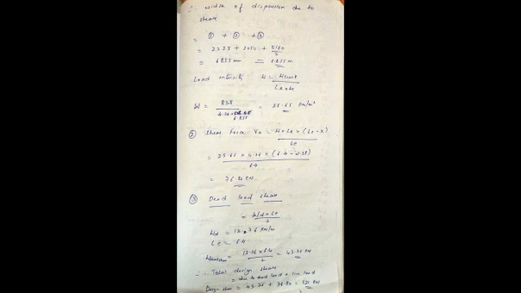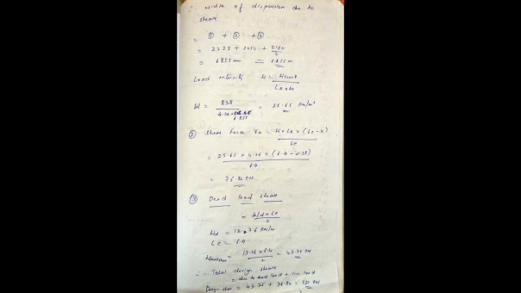Average load intensity W is equal to W track by LR into BW. 838 we had already got, by 4.76 into 6.855. That is 25.65. So for shear force, you can see the formula here. How do we calculate it? VA is equal to W into LR into LE minus X by LE. Just substitute the values of W and LR. 25.65 into 4.76 into 6.4, which is the effective span, and X is 2.38. We are getting it as 76.80. This is the shear force coming.